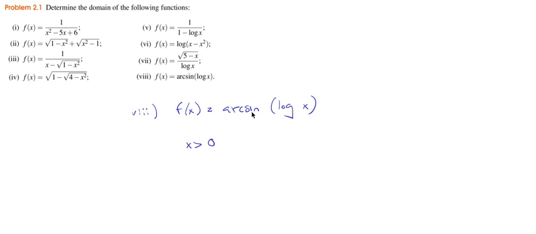Okay, so the arc sine is the inverse function of the sine, and its domain, let's write it like this, is this set, minus 1, 1, okay? So it's the set of all the values that the sine function can take. And so that means that the logarithm of x has to be between minus 1 and 1. Or in other words, that,